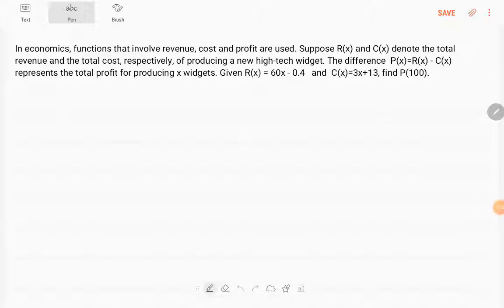Now let's look at the application problems. This is again the profit analysis, where R is the revenue and C is the cost, and P is R minus C, which is the profit function. If R is given and C is also given, we want to find the profit when you produce 100 items, widgets. The first thing we need to do is figure out what P of x is. P of x is equal to R of x minus C of x, right? So R is 60x